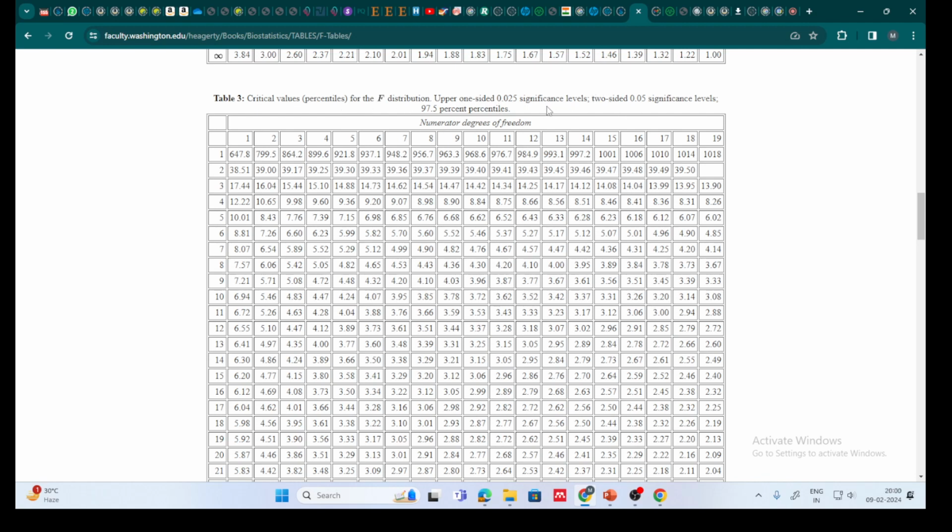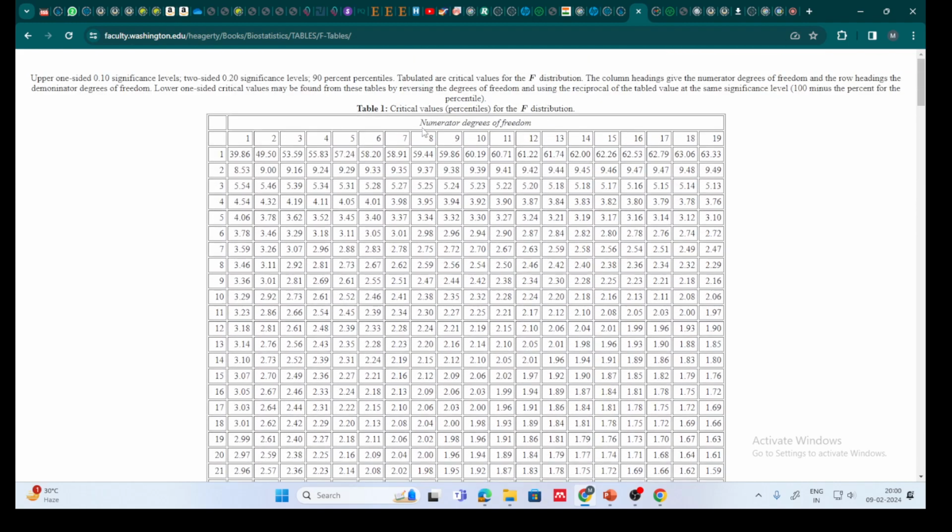It's 8 or 6. 8 and 6, how much? 5.60. Just say we have first one will be there, like upper one side 0.1, two sided will be the